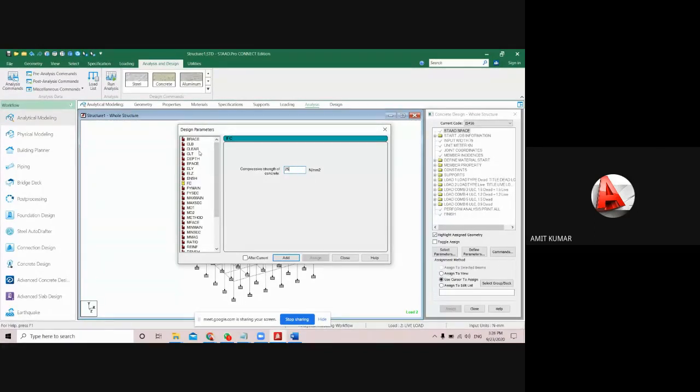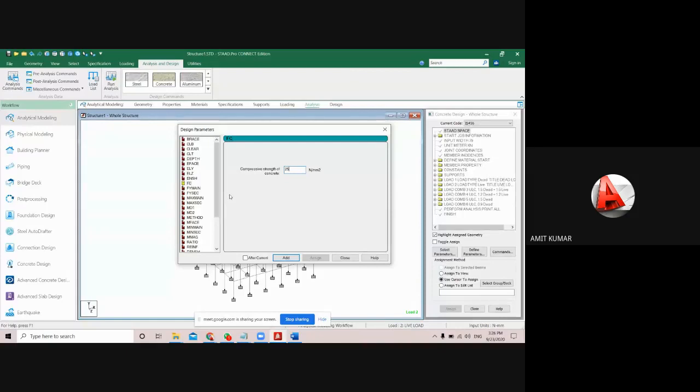I will not apply the clear value from here. Software will automatically pick this. Like everyone knows that for the beam, mostly the cover value is 25 to 30 mm, and for the column it is 30 to 40 mm. For the foundation design, we use the cover of approximately 50 mm.